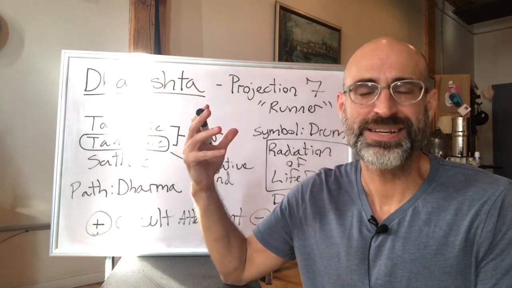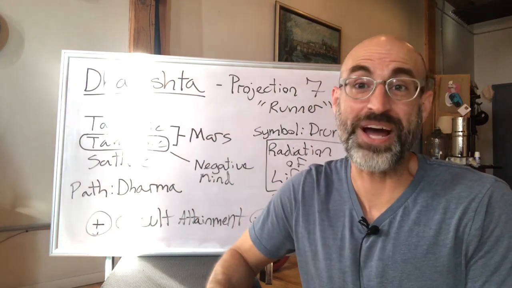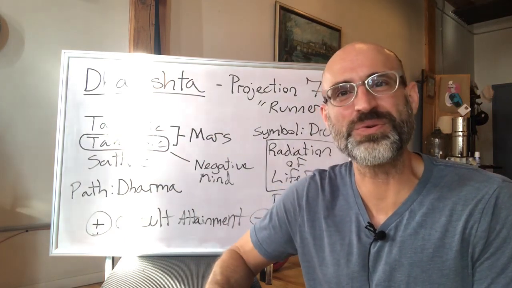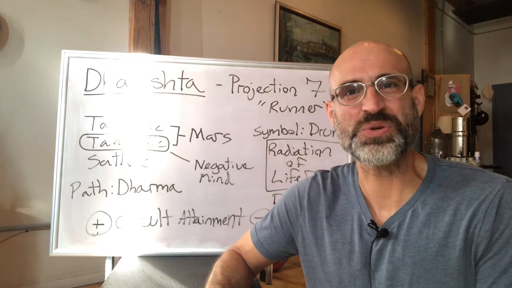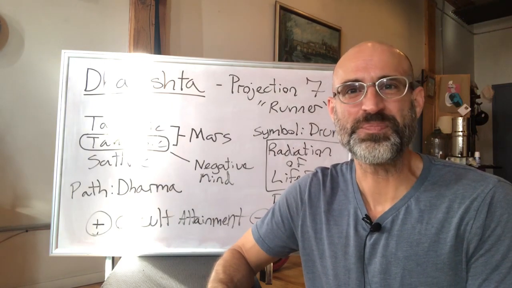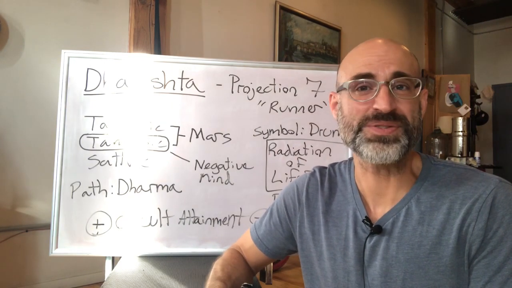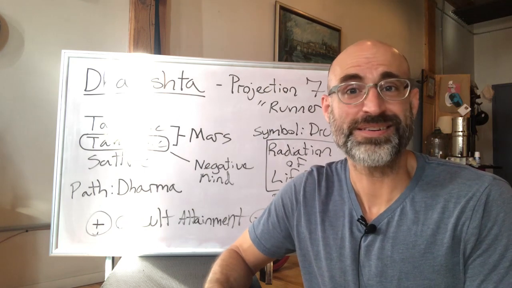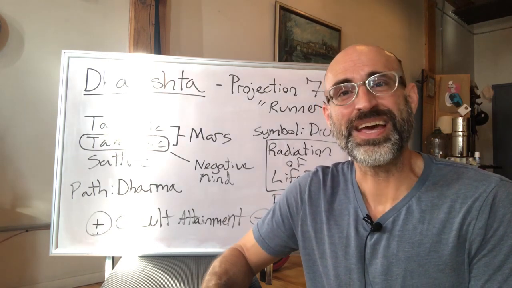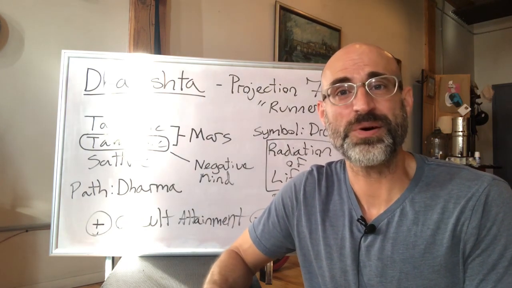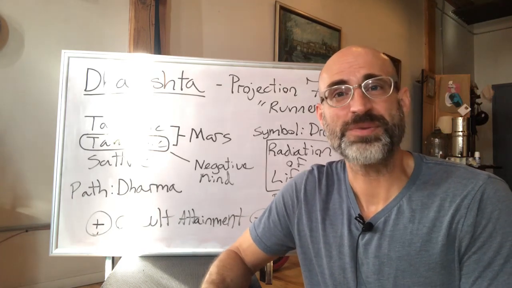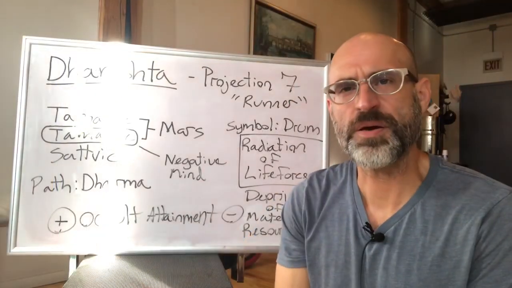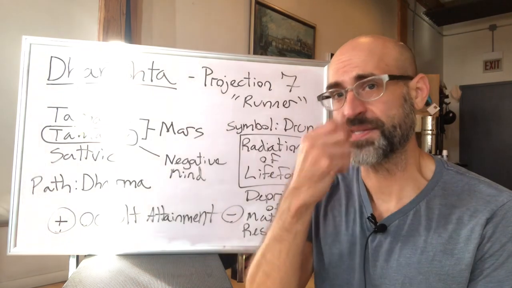If you're not, you attract always anyway, but whether or not you attract things that lead to your soul's growth, that all depends. So if you are not behaving authentically and you're behaving as the impulsive Martian, then what ends up happening is you attract obstacles. So something else about Dhanishta is